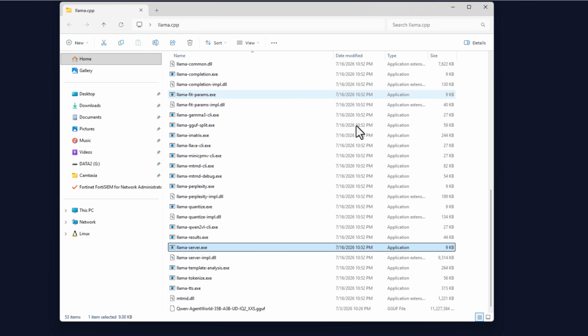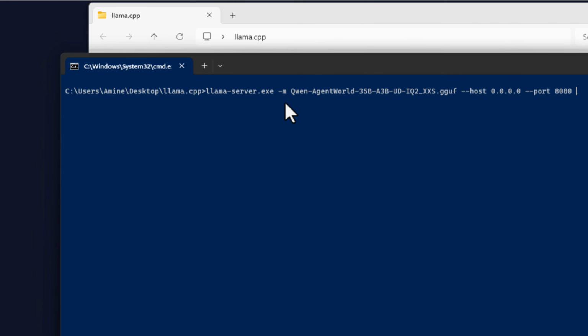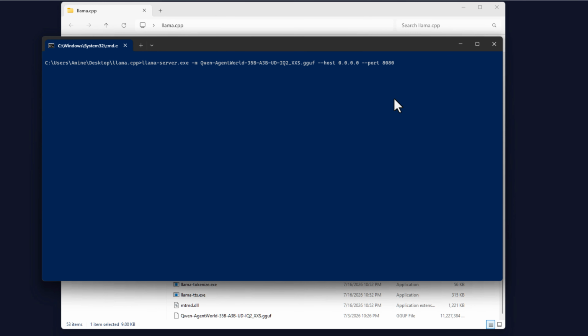And after that we launched a simple command. We launched a simple command using llama-server, specifying our model, the host and also the port, okay? So it was a very basic one that we executed in order to serve this model. In this video we're going to deep dive into the command line interface in order to see the most used parameters or flags. Okay,